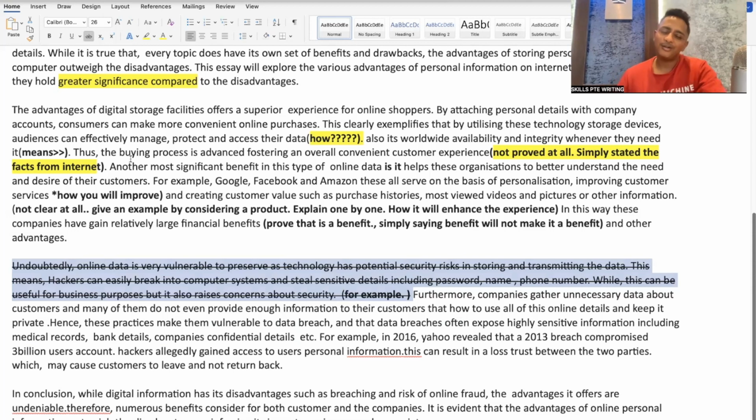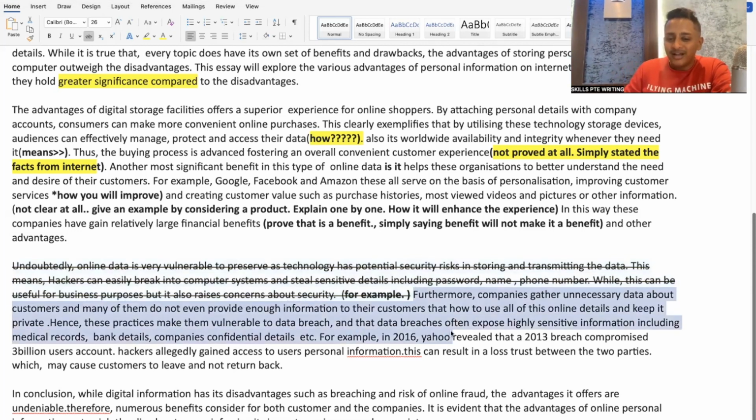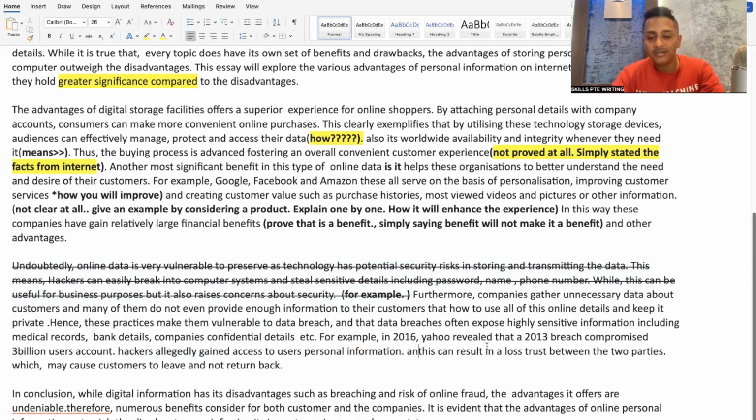It is not about how big your essay is. It's always how concise your essay is. Being concise, is it giving a lot of information? This is a good idea, but let's say in 2016, Yahoo revealed that a 2013 breach compromised 3 billion users' accounts. Hackers allegedly gained access to personal information, and continue, because of that what they did and were able to